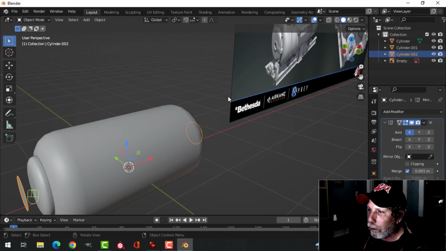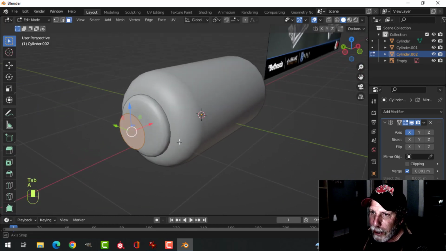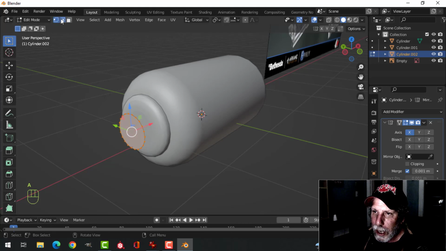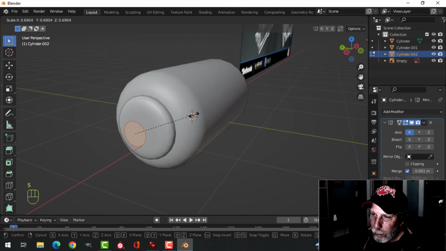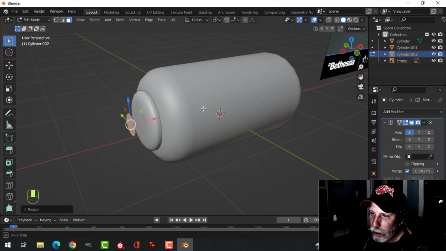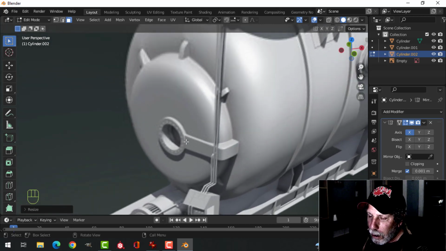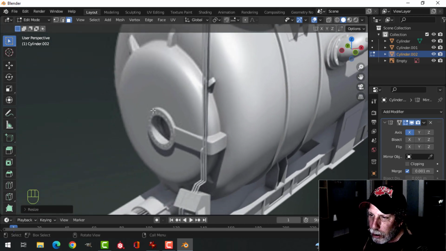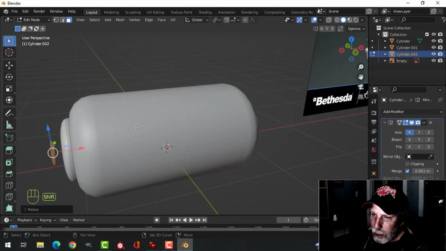Now, I think that's a little big. I think we need to make it smaller. So let's go into edit mode, A to select it all. Doesn't matter if you're in vertex, edge, or face selection. And just press S and pull your mouse into the approximate size you want. Okay, so what do we need to do? All right, so it does look like a circle, and it looks like it's got some depth, and it also looks like there's a hole in the middle. So what if we, let's give it